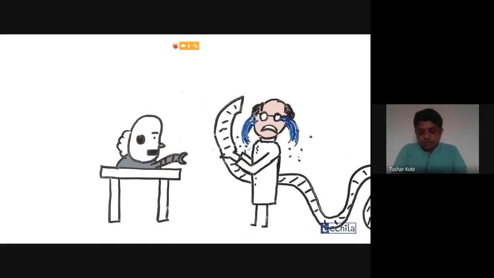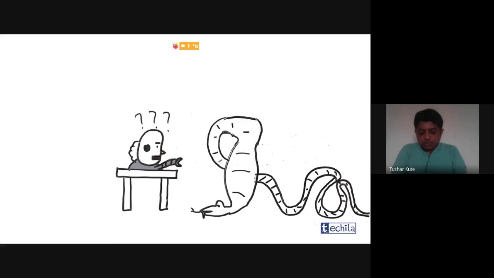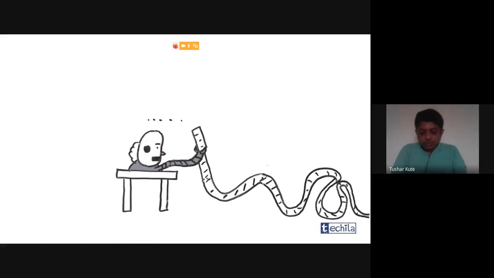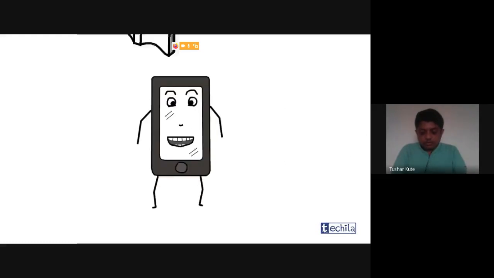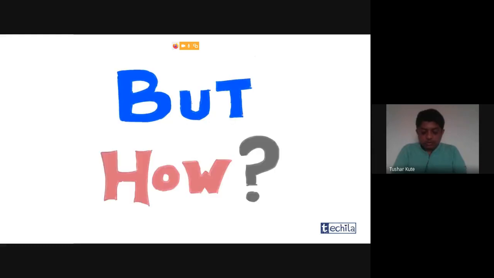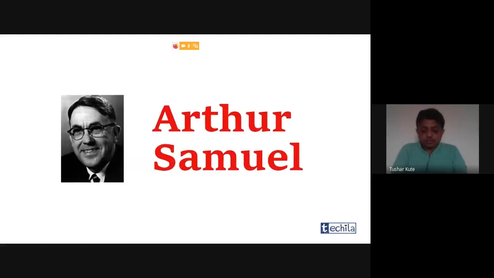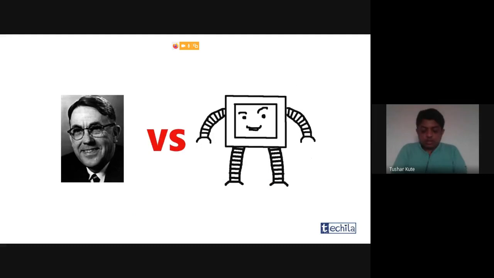But the approach of teaching a computer to be intelligent didn't quite go well. Soon we felt the need of a better approach so that the computer program could learn by itself and improve on its own with time. But how? The answer to this question lay back in 1959, when an IBM engineer, Arthur Samuel, developed a computer program that could learn to play checkers and improve itself as it played, finding the best moves for a winning strategy.